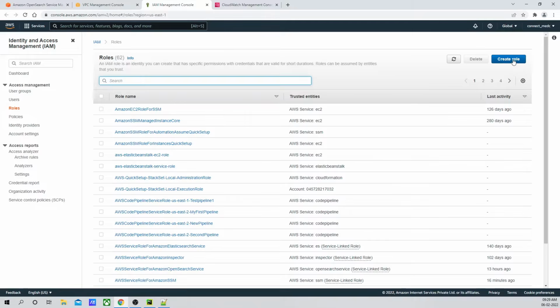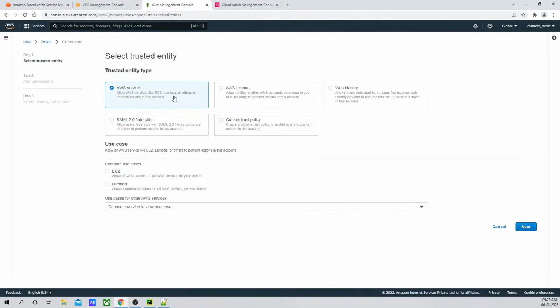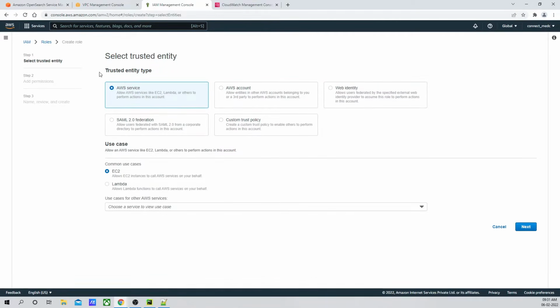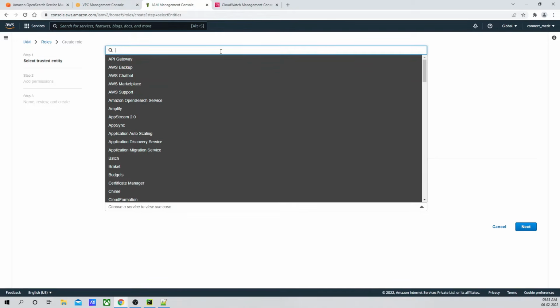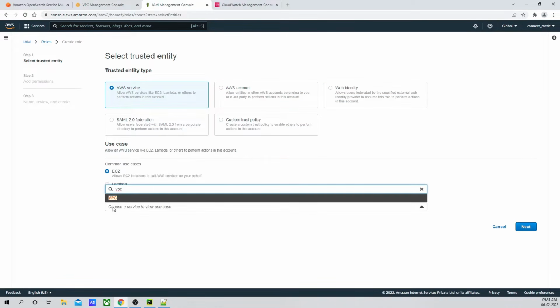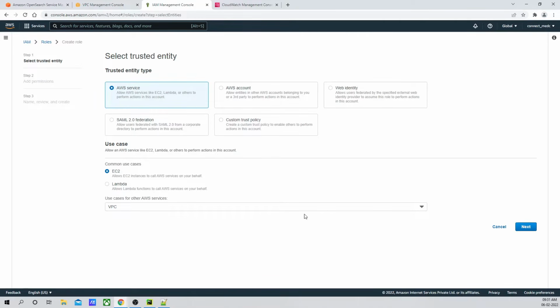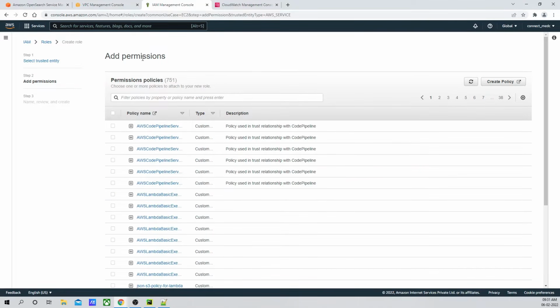So over here, we will click on create role, AWS service, and within this, EC2, and over here, create role, VPC. Okay, so we'll click on EC2, VPC, next, and over here, in add permission, I'm going to click on create policy,